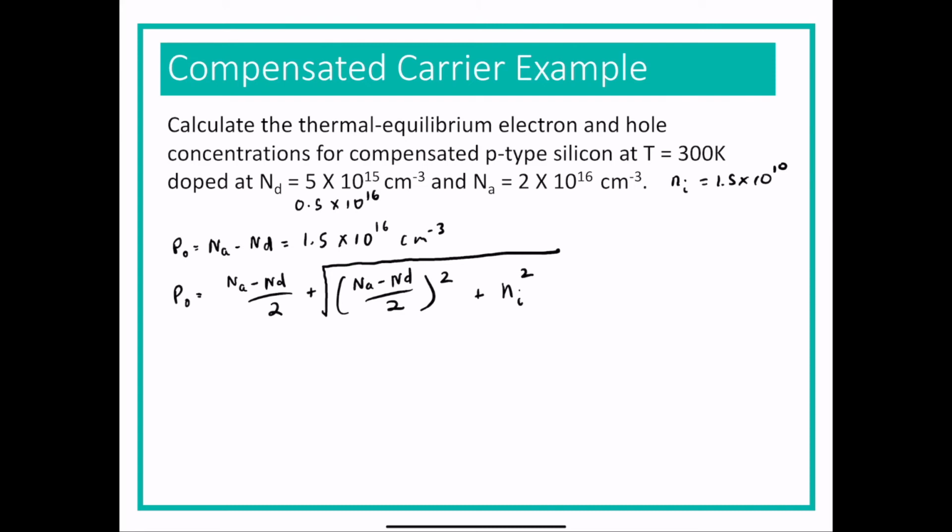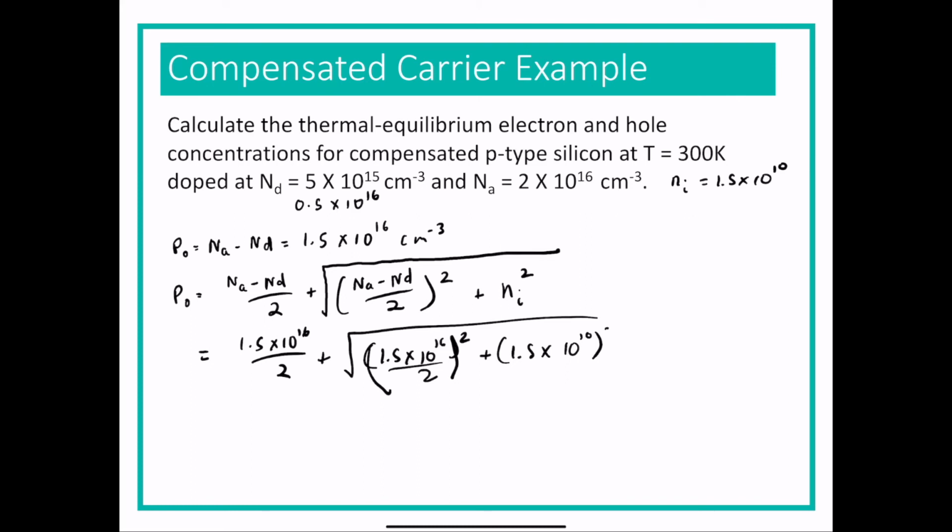So then I take Na minus Nd again over 2, and I square it, and I add Ni squared. So I know Na minus Nd is 1.5 times 10 to the 16, over 2, and then I add 1.5 times 10 to the 16 over 2 squared, plus 1.5 times 10 to the 10 squared. And indeed, that does end up being 1.5 times 10 to the 16 per cubic centimeter. And that's because the